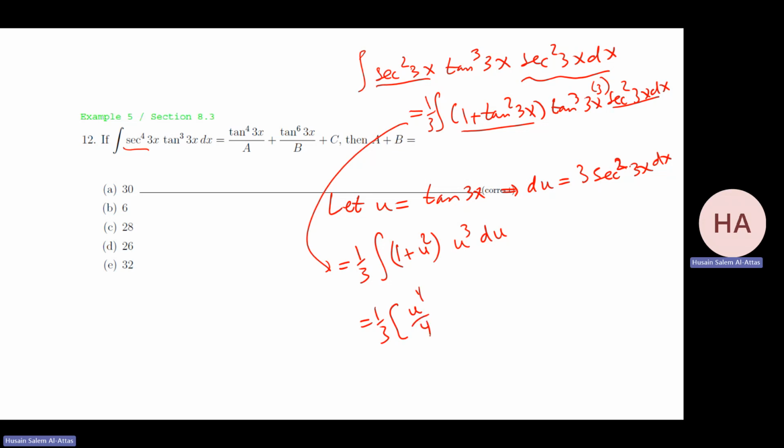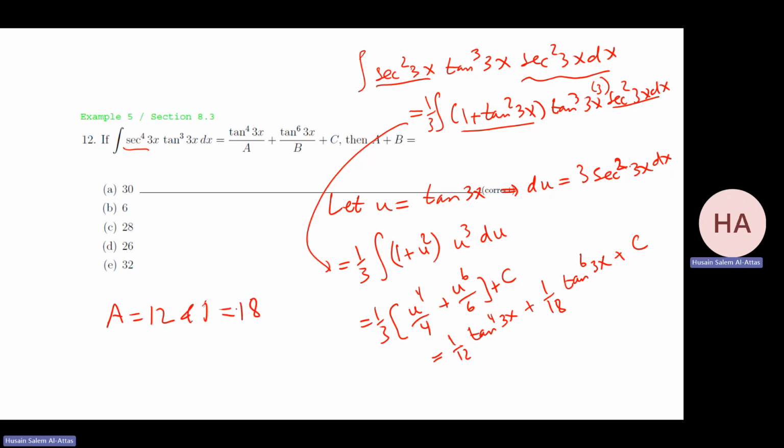That gives me 1 over 3, u cubed. That will be u to the power 4 over 4 plus u to the power 5, that will be u to the power 6 over 6 plus c. So it's 1 over 12 u to the power 4, which is tan to the power 4 3x plus 1 over 18 tan to the power 6 3x plus c. So what is a? A will be 12 and b will be 18. What he wants is a plus b. That gives me 30, which is